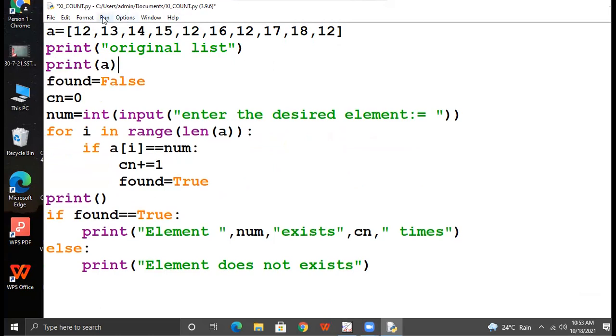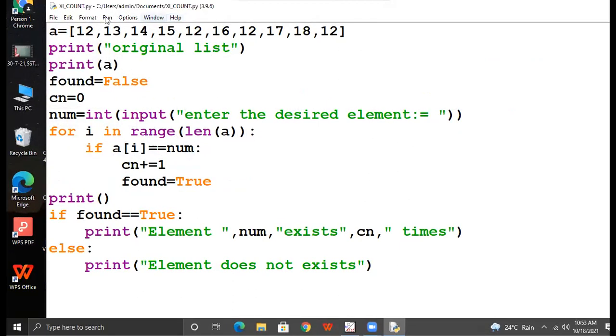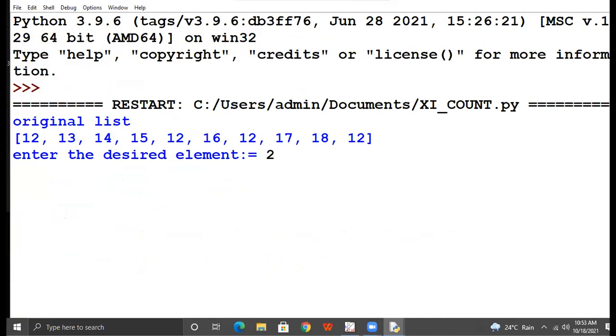Now see. Enter the desired element 12. 12 exists 4 times. Enter the desired element 20. I am trying to look for an element which is not available in the list.